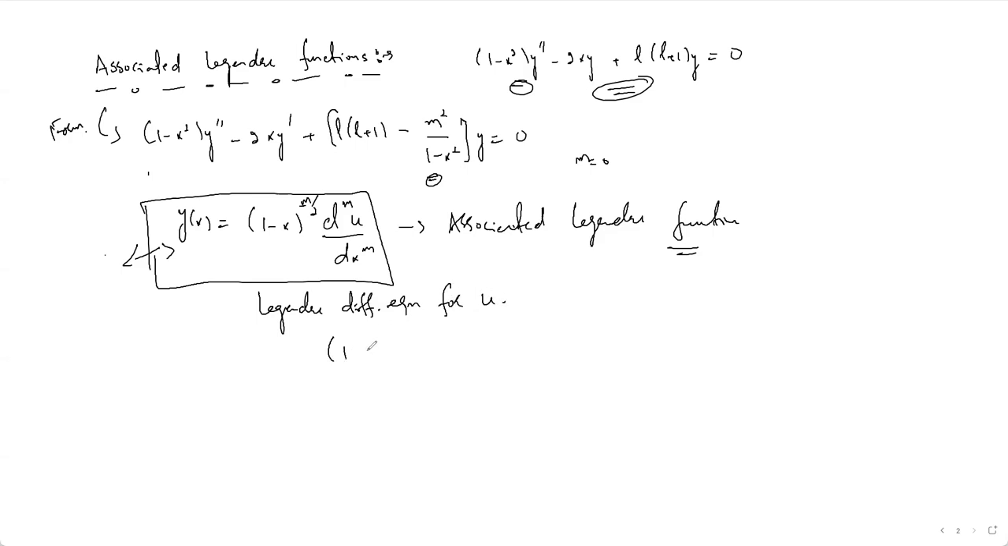How can I write that? (1 minus x squared) u double prime minus 2x u prime plus L into (L plus 1) into u is equal to 0. So this is a Legendre differential equation for y, and this is a differential equation for u. Now I will just differentiate this particular equation